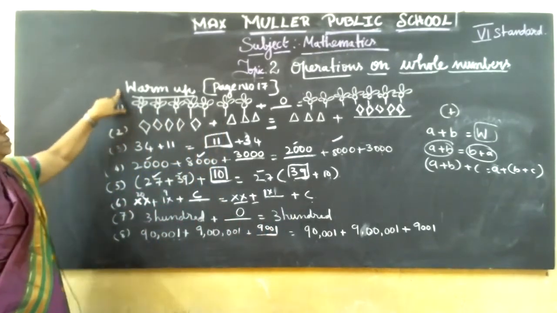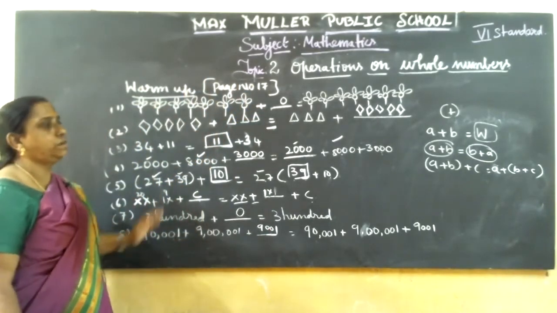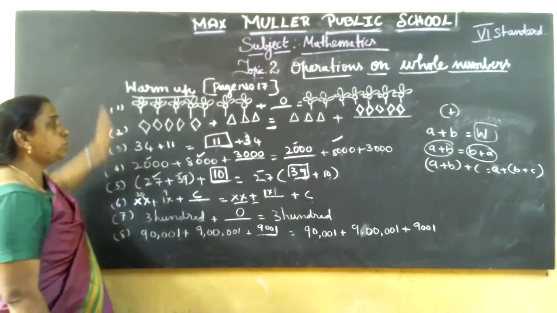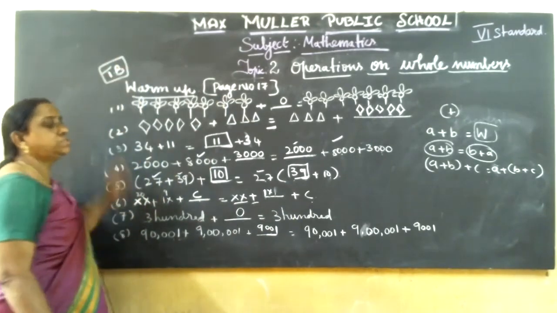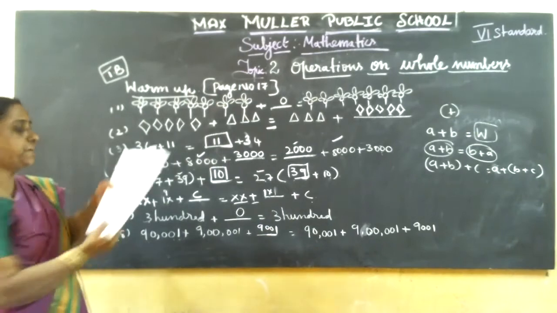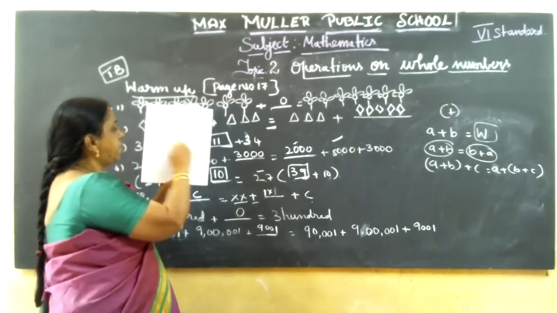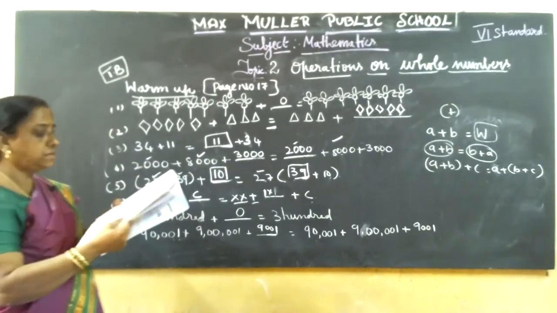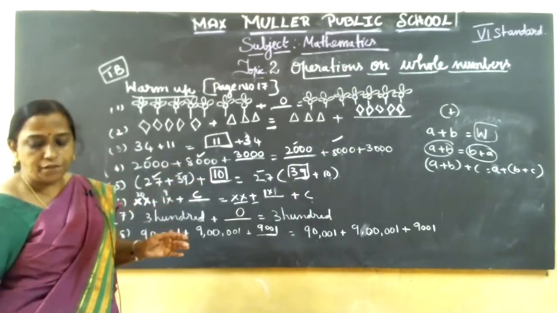This is the warm up. It's on page number 17. Those who have a textbook, write only the answer. Others copy the question and write the answer and keep it in rough note. Again, I won't give this in the PDF. No need to copy in classwork. It's textbook work, you should do it only in the textbook. I'll give 2 minutes time. Copy fast. Do it in the textbook, page number 17, warm up. You complete your answer. Then after that, take page number 19. If you have a textbook, take page number 19, or else I'll give the question and you copy in rough note.